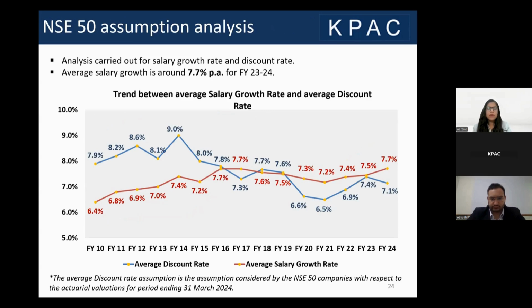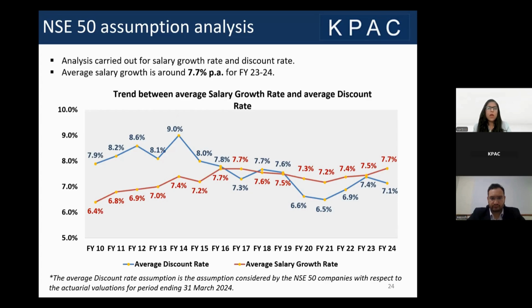Now, here we have done an analysis which examines the salary growth rate and discount rate assumptions used by the NSE 50 companies over the years. For financial year 23-24, the average salary growth rate stands at 7.7% per annum, reflecting wage inflation, industry trends, and economic conditions. Over the past years, we have seen fluctuations. If you see, there are peaks where salary growth has reached 9% in financial year 2014, and a dip where 6.5% has been reached in financial year 2021,